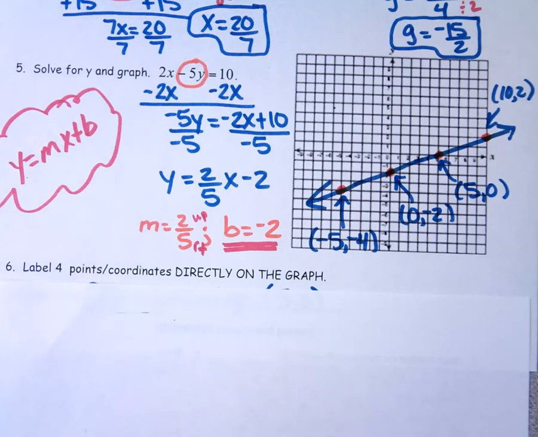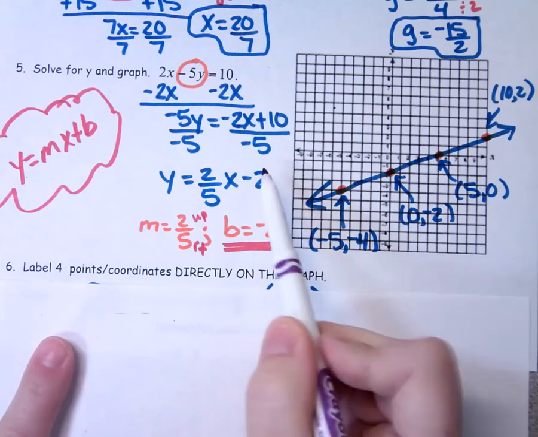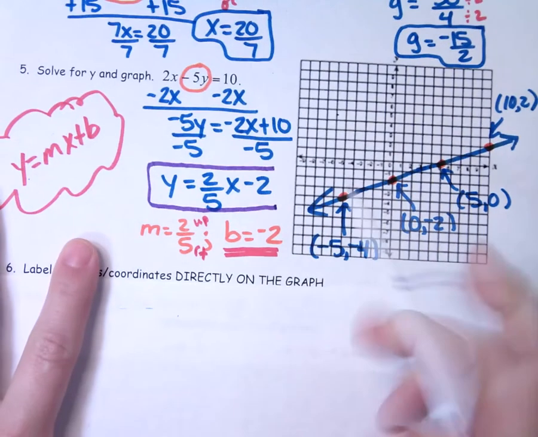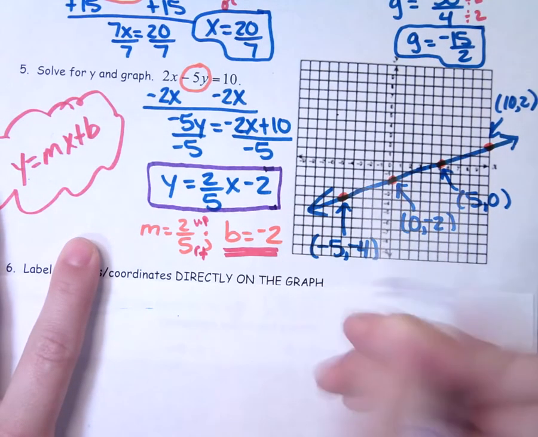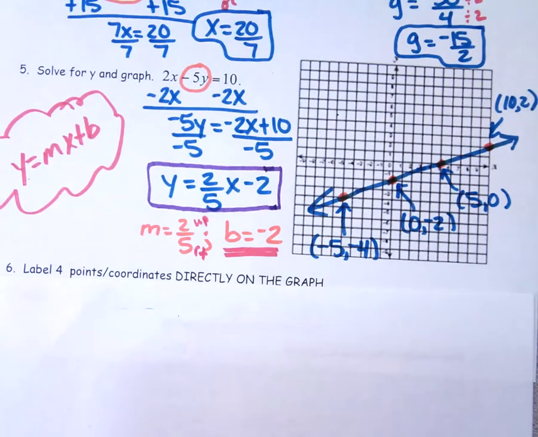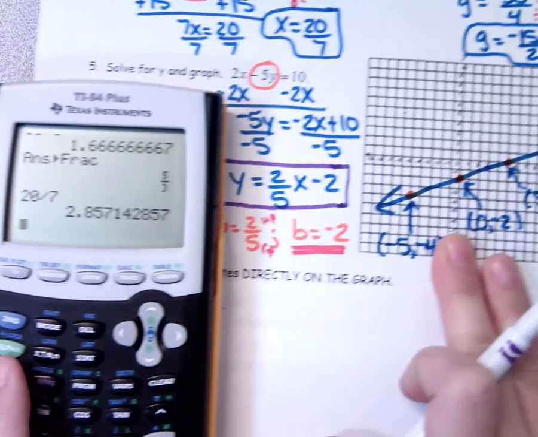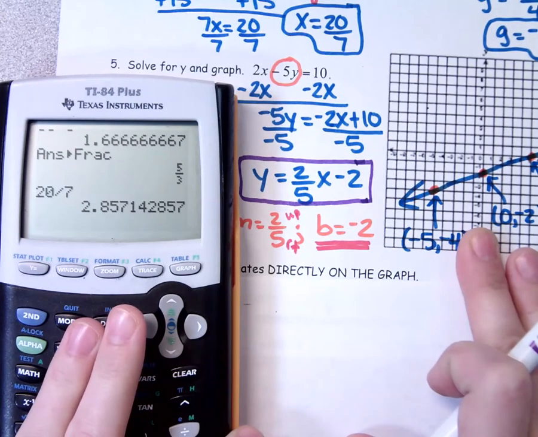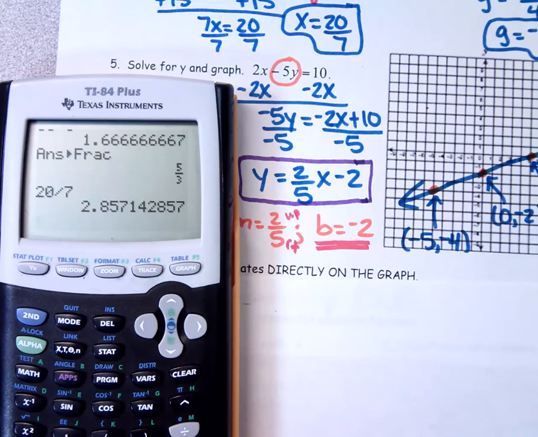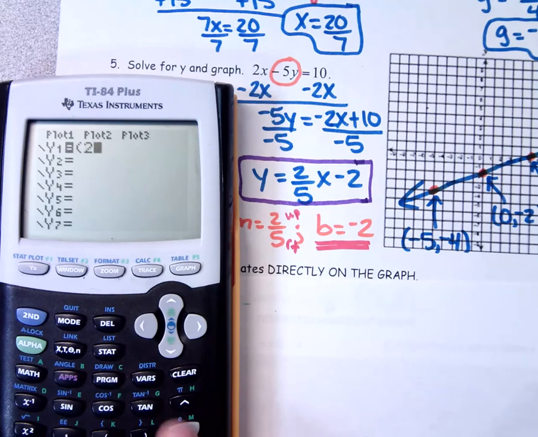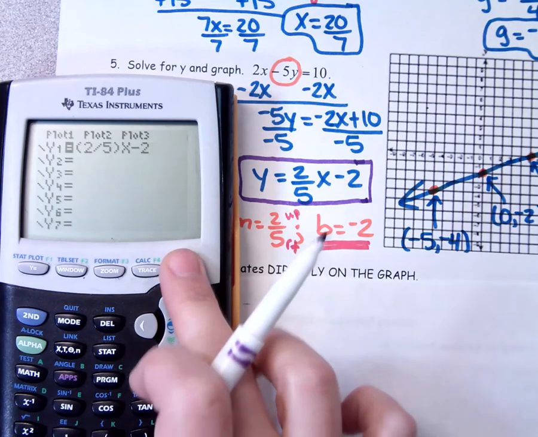Now the other day in class, I showed you some calculator tricks. So once we get our equation in slope-intercept form, we can have our calculator help us graph. So I'm just going to do that for you real quick, just so you can see it one more time. Of course, if you don't have the graphing calculator at home, you're not able to do this, but you could do it on test day. Okay, so I go to my y equals button, and I'm going to clear that equation. Remember, I always put my fractions in parentheses, so 2/5 x minus 2. Once I get it in my calculator, I hit graph,